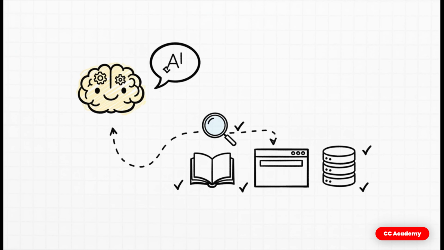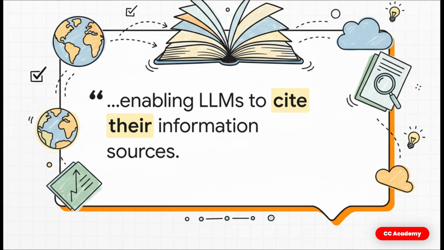So how does it build that trust? Well, it mainly comes down to transparency. For the first time, really, the AI can actually show its work. It doesn't just give you an answer out of thin air. It can show you exactly where it got the information from to put that answer together. And this phrase gets right to the heart of it, enabling LLMs to cite their information sources. This is a total game changer. It means we, the users, can actually go and verify the claims. It builds confidence, and it's a huge weapon in the fight against misinformation.